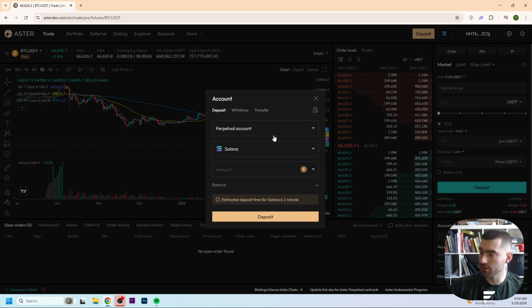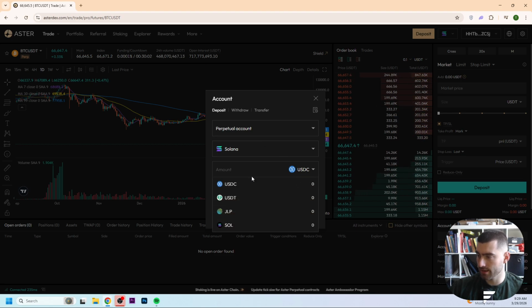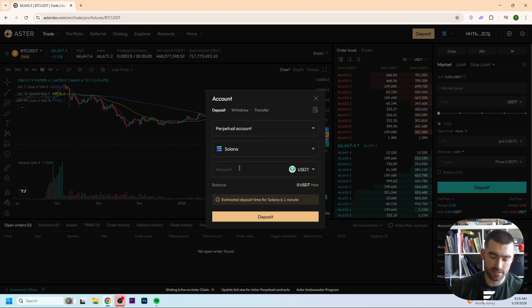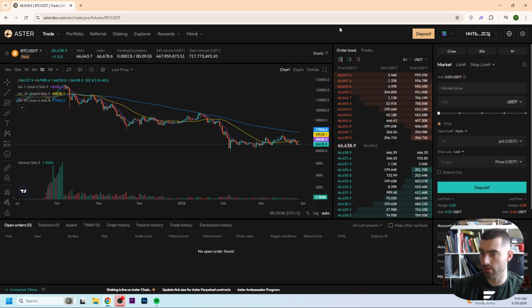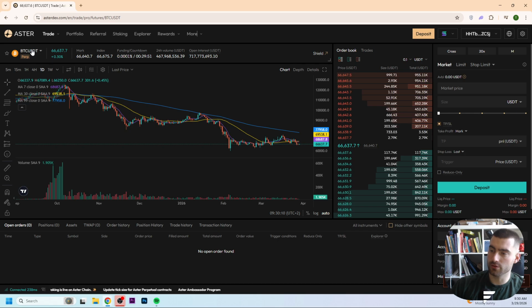We also need to deposit money right here to our Aster DEX and we can do this simply by selecting Solana, then select right here USDT and select how much USDT we want to deposit, select deposit and now we can start trading. So from now we have here Bitcoin to USDT,